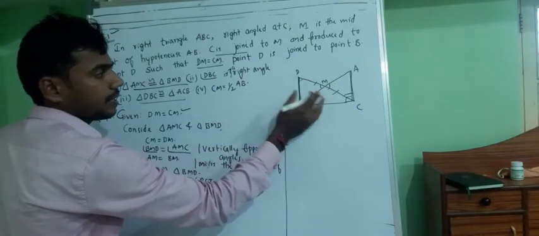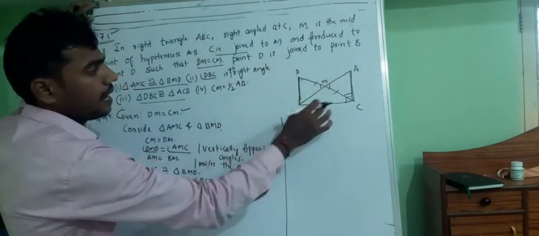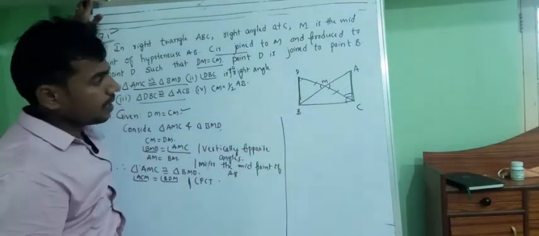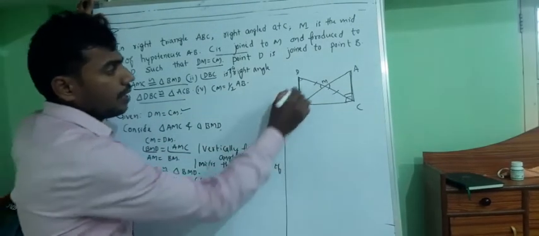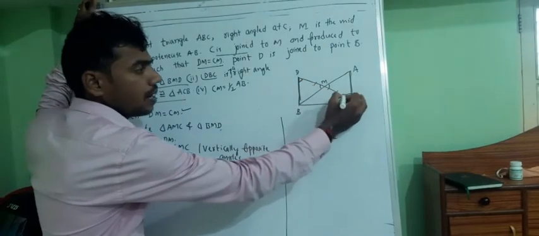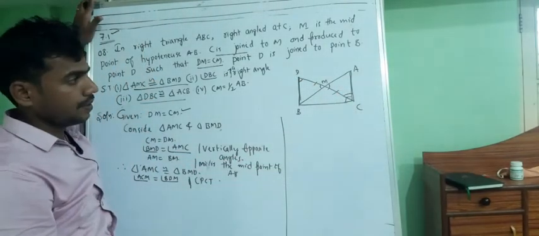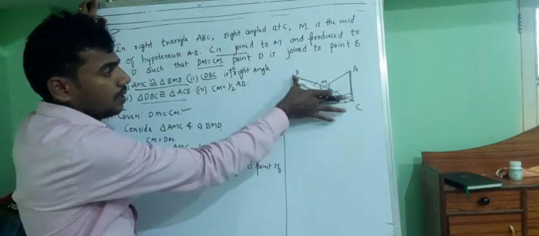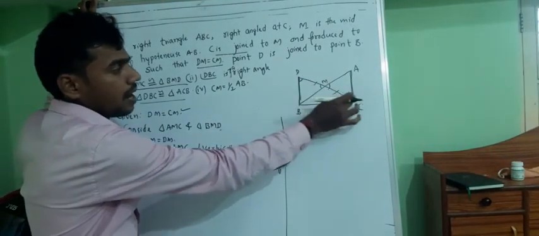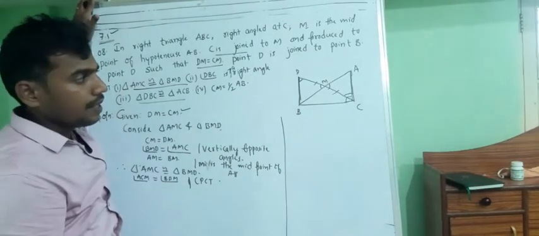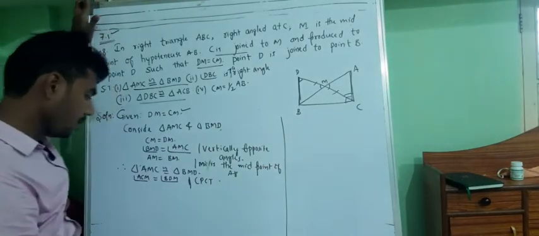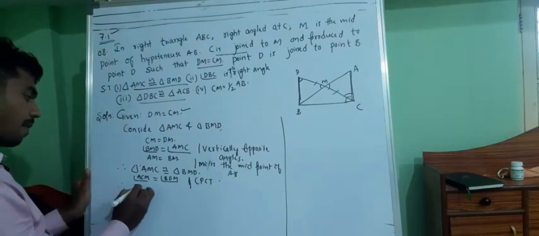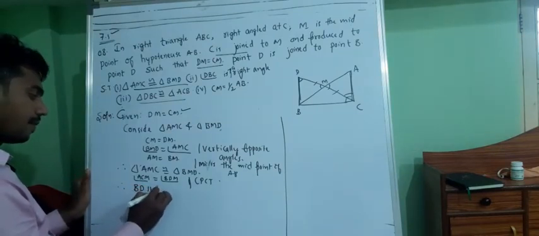So, if I consider these are the two lines, BD and AC are two lines, and DC is a transversal line, and here these two are alternate interior angles. If I consider DC as the transversal line, these two are alternate interior angles, and how are they? They are equal. So therefore BD is parallel to AC.